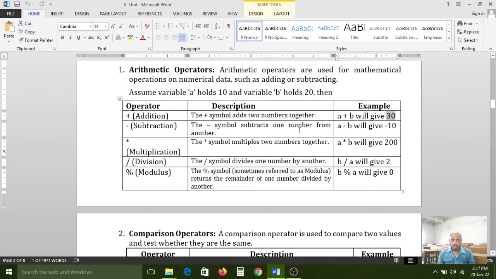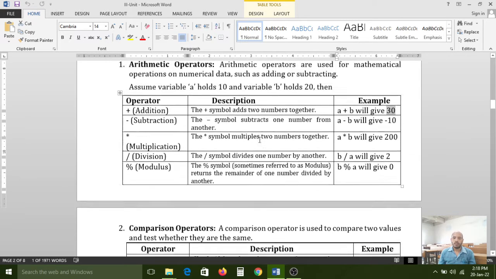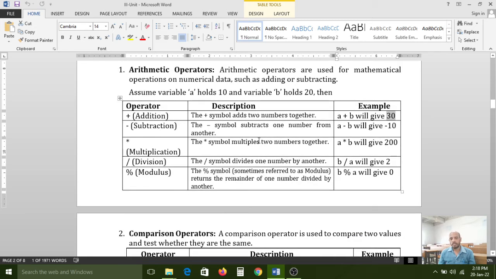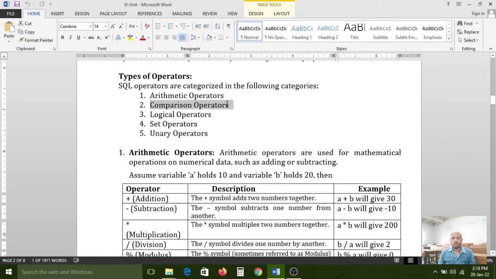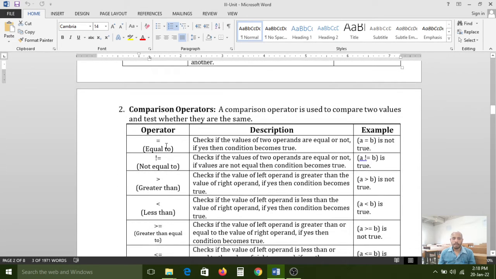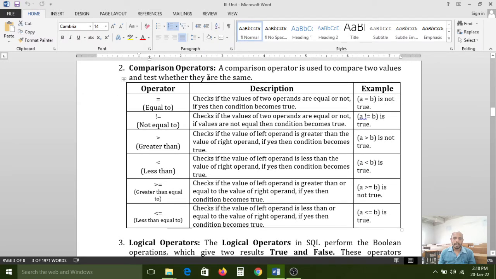Right? So now, I hope you enjoyed this arithmetic operations concept, because you already know about this concept from the previous semesters. So not more than that in this. And next one is what? Next operator, comparison operators. Comparison operators you have already learnt in the C programming language in the second semester, but here also we have to know one more time.